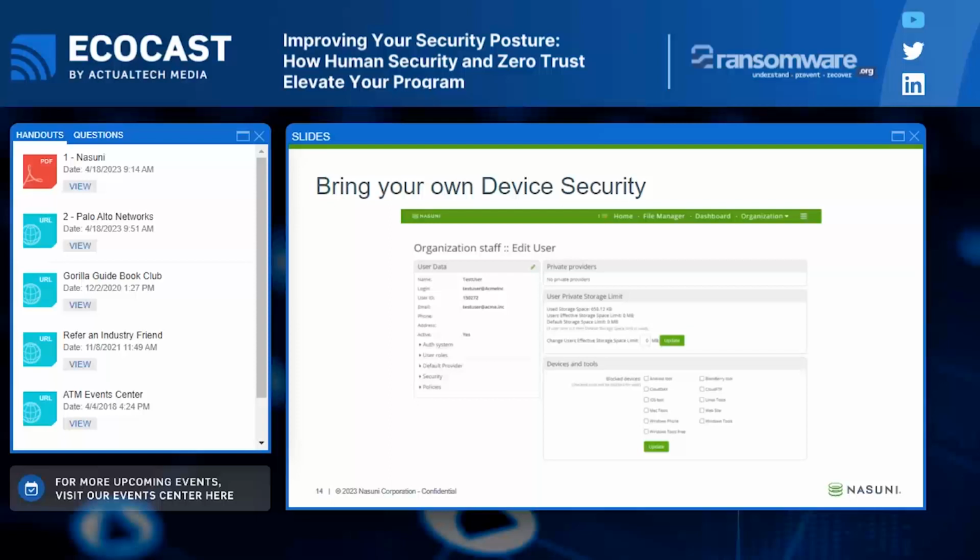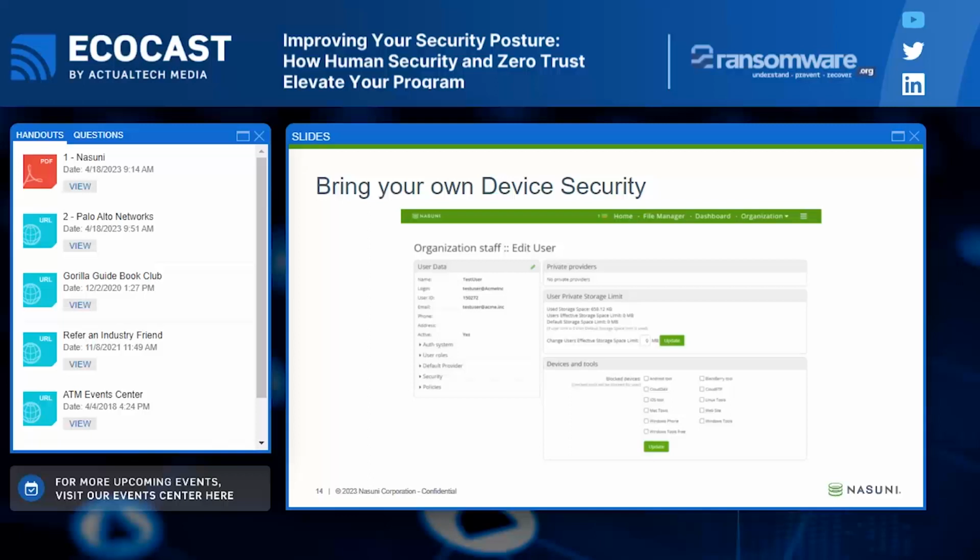And bring your own device security. Like we said, this is made for hybrid remote workers. So this controls which devices and access clients can be used to access this data. This could be cell phones, it's not always going to be their company desktop.